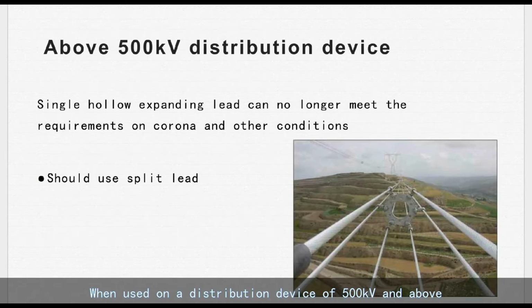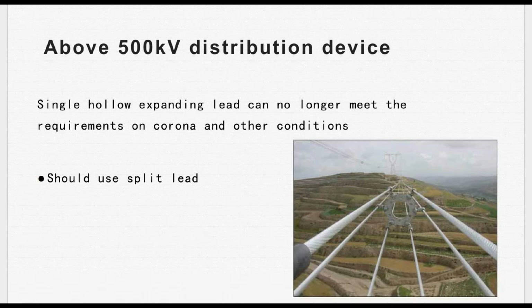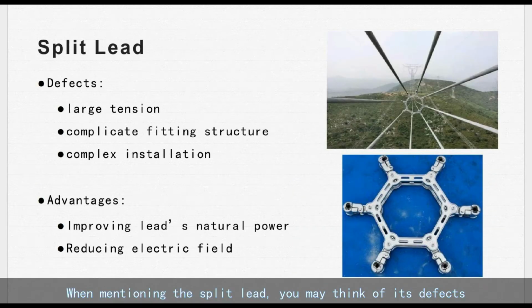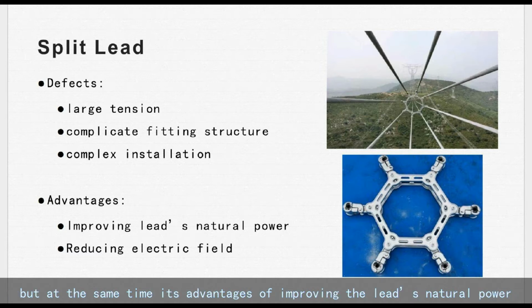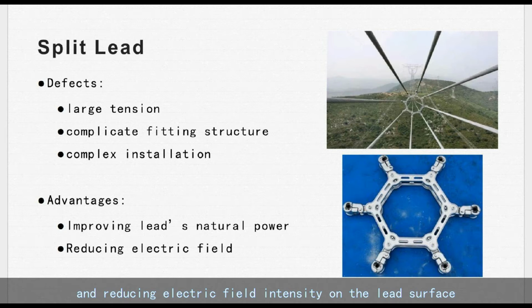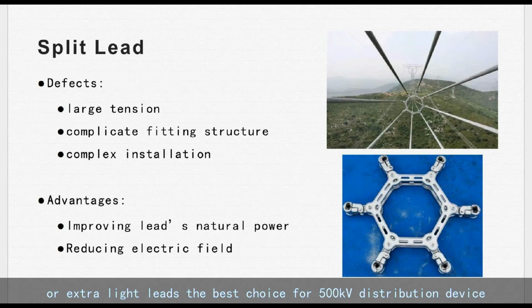When used on a distribution device of 500 kV and above, split lead should be used, since a single hollow expanding lead can no longer meet the requirements on corona and other conditions. When mentioning the split lead, you may think of its defects, such as large tension, complicated fitting structure, and complex installation, but at the same time its advantages of improving the lead's natural power and reducing electric field intensity on the lead surface make the split lead composed of hollow expanding leads or extra light leads the best choice for